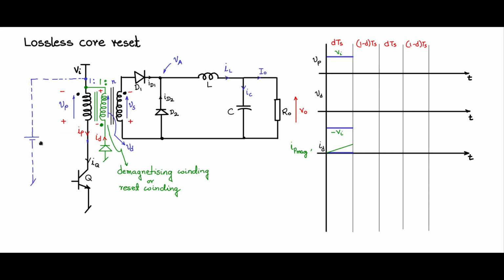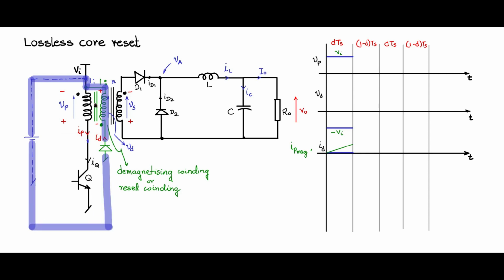So if I draw the voltage source Vi portion also here, you will see that there will be a conduction of current in this path like that, and it comes through this against the source Vi and reaches here. So from this plus, it goes in against the source. If the diode is ideal, just a bit more than Vi is what is needed to pump current for resetting the core. So this is the freewheeling action that will happen.